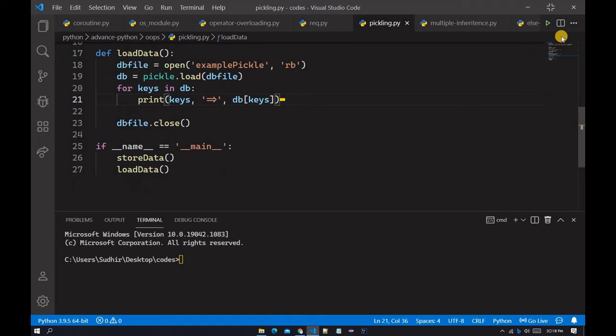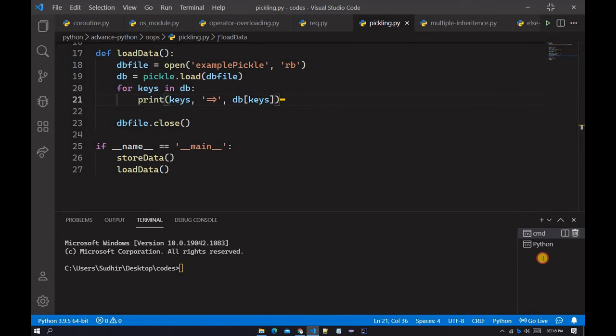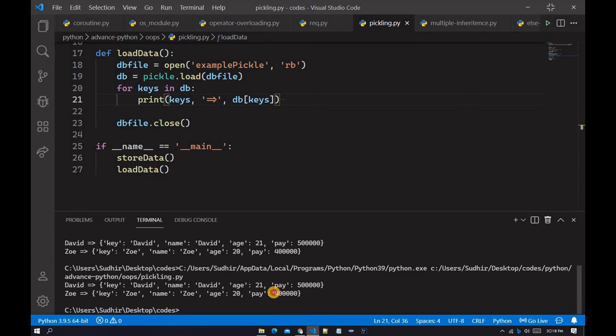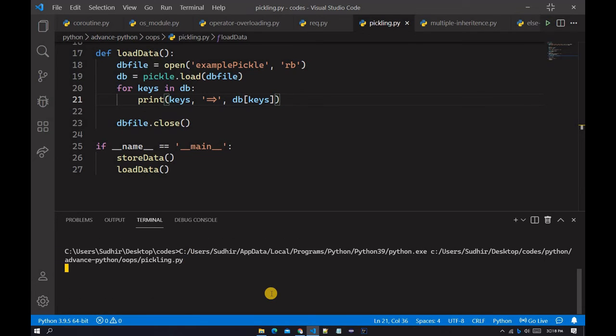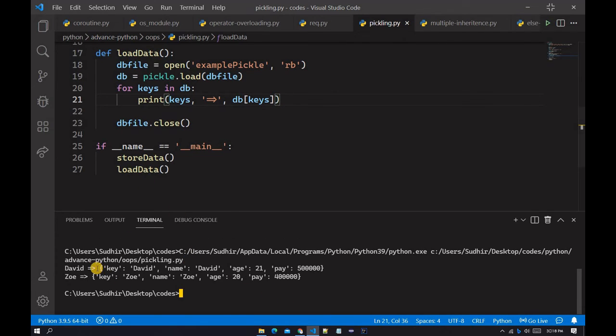So guys, now let's run this file. Just wait a second, let me clear this and again run this. So you can see David is equal to key value, and David, name David, age 21, pay, the amount which we have assigned right now.